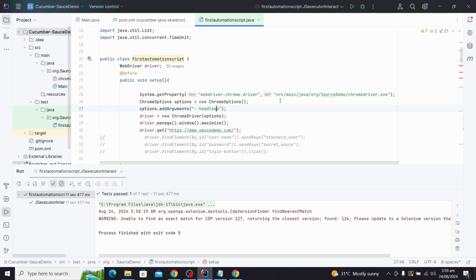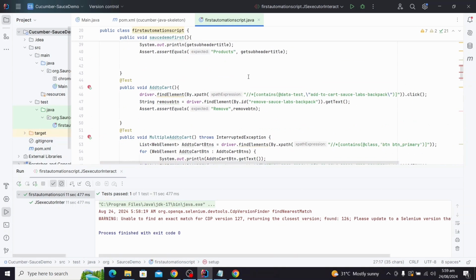So headless is useful in those scenarios where you want your test execution to continue while you're doing something else, because there are other instances where your test execution might take hours, or maybe 2 hours, to complete the whole test run. So to handle that, headless is a very useful option in that particular scenario, right? Okay,